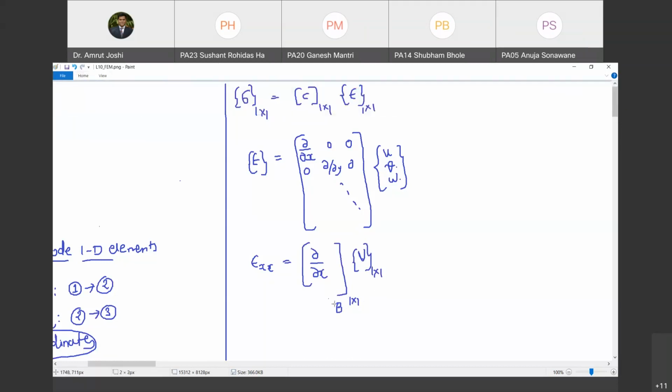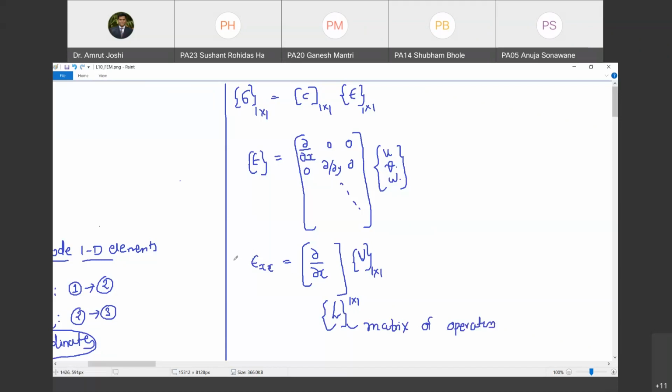By the way, there is a slight change in notation. We called this matrix B here, but as per the standard notation, we will call this matrix L. L matrix stands for the matrix of operators. So in the last class also, make that correction. Last class we had called this matrix as B matrix, but it is the matrix of operators, which is denoted by L. So I am going to write this as matrix of operators.